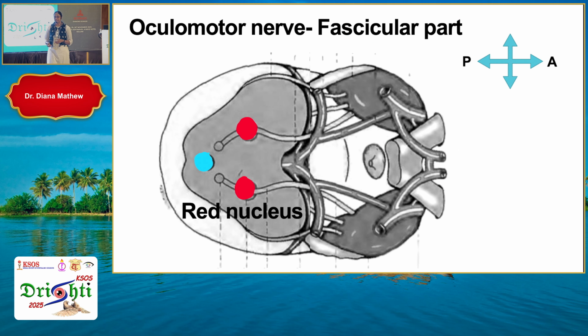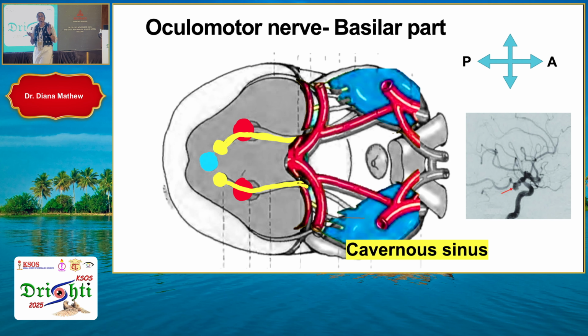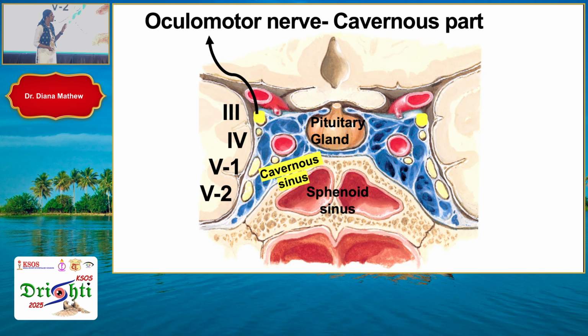The fascicular part then passes through the red nucleus. The basilar part starts as a series of rootlets before coalescing to form the main trunk, which then passes between posterior cerebral and superior cerebellar artery. See here, the nerve runs parallel to the posterior communicating artery, a frequent site of aneurysm formation. That is an emergency. Within the cavernous sinus, the nerve travels along the lateral wall above the trochlear nerve. Inside the orbit,